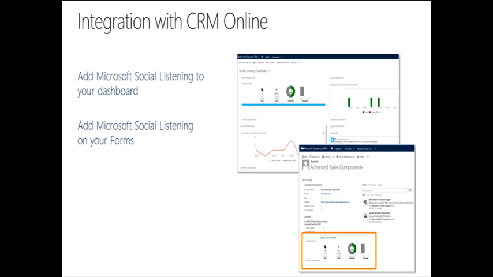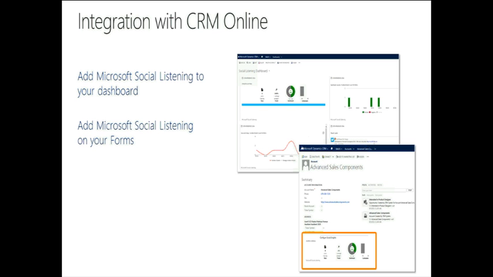So how we integrated this with CRM Online is the social engagement tool is a standalone tool in the Office 365 platform. So you could go out there today and purchase social engagement by itself and use it without integrating to CRM. However, if you have CRM, you could take some of those dashboards, those key KPIs that you want to make available for your sales guys or your marketing guys or your service guys, and plug those right into CRM,